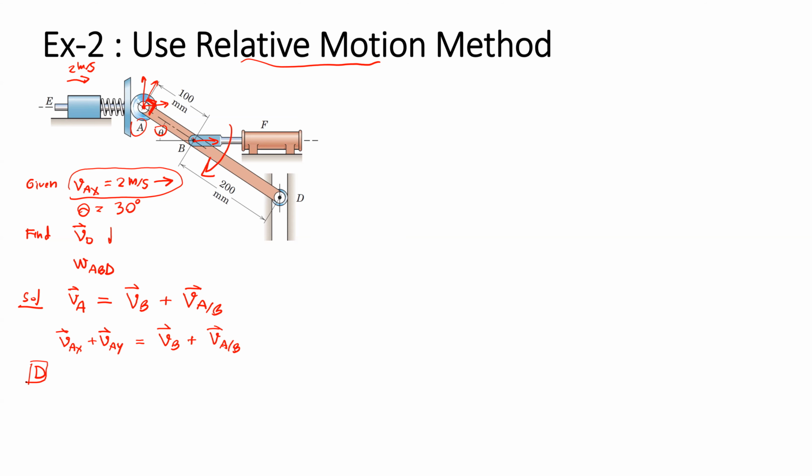Of course, the horizontal velocity at point A to the right-hand side is in horizontal direction. Vy, we don't know it's gonna go upward or downward, but let's set positive in the upward direction for VAy. And VB is to the right-hand side, horizontal direction. VA with respect to B,